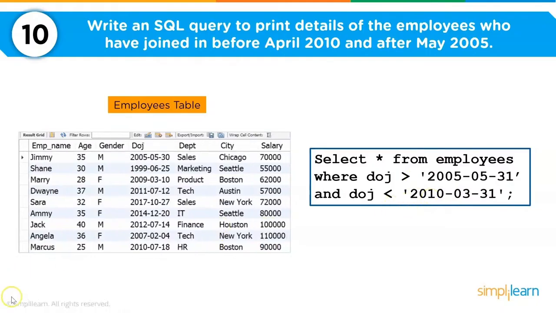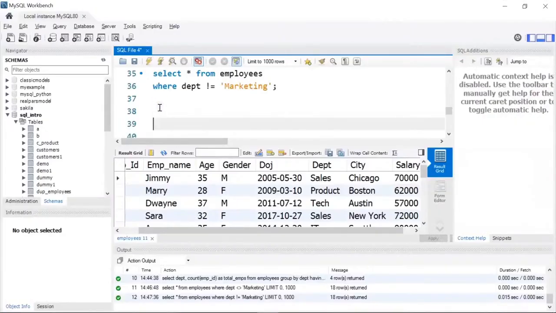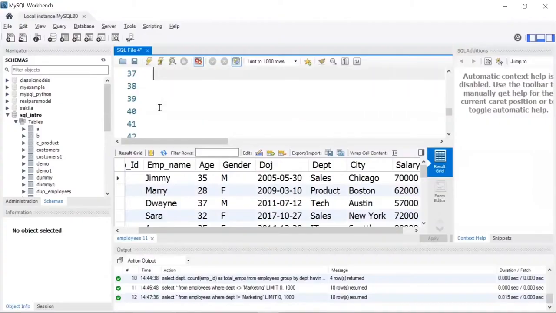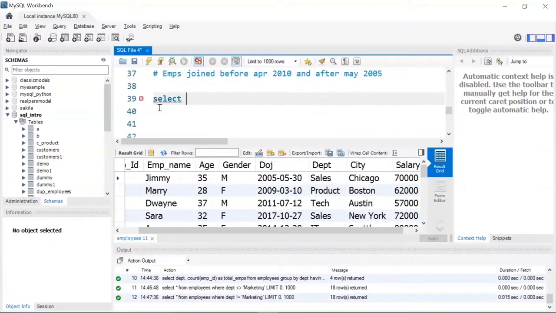Let's do this. I'll give a comment here. We'll write employees joined before April 2010 and after May 2005. Now let's write our SQL query. So I'll write select star from employees where